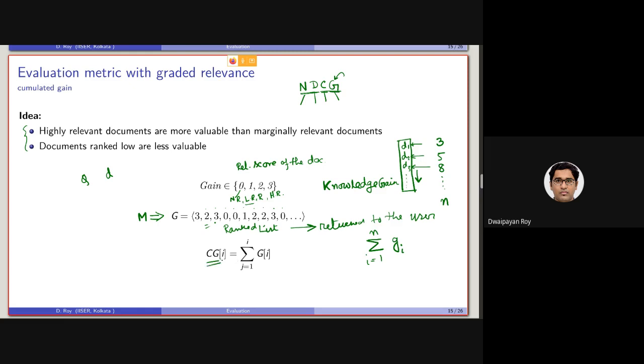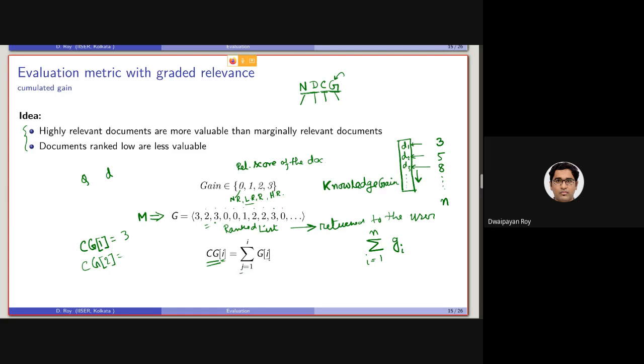So for any rank i, CG1 is basically the gain up to rank 1. So in this case, it is basically 3. Now CG2, what is CG2? Note that here it is i, here it is j, isn't it?